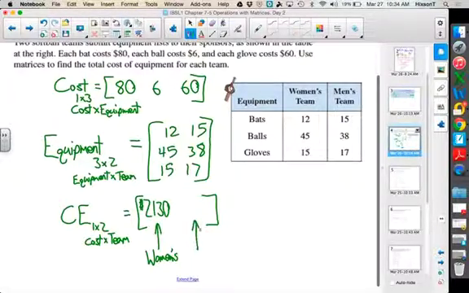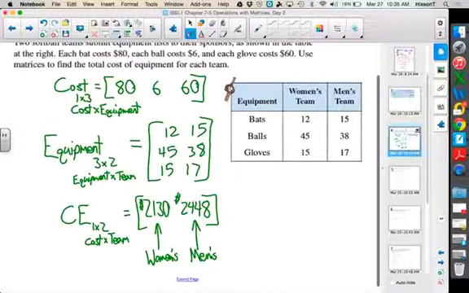Alright, so if we figure out the other element, that's going to tell us how much the men's equipment is going to cost. So here we're doing 80 times 15, 6 times 38, 60 times 17. 2,448. Okay? So, now that they have a breakdown per team, the sponsor might say, okay, we need to cut down on a little bit of this,